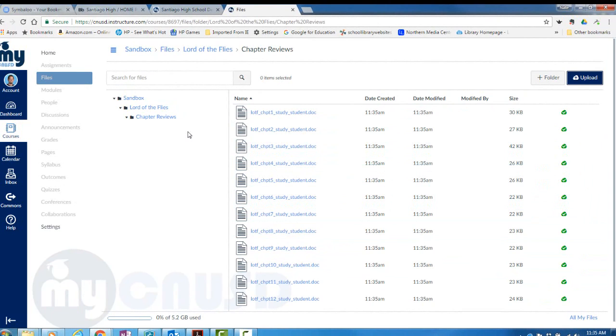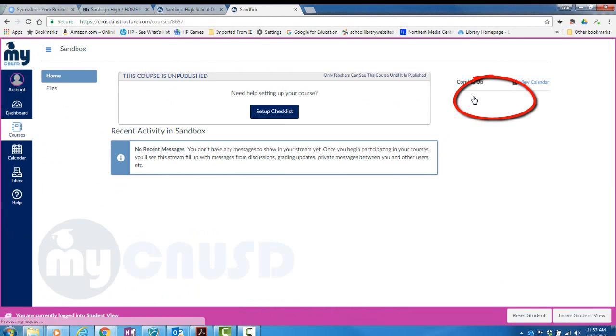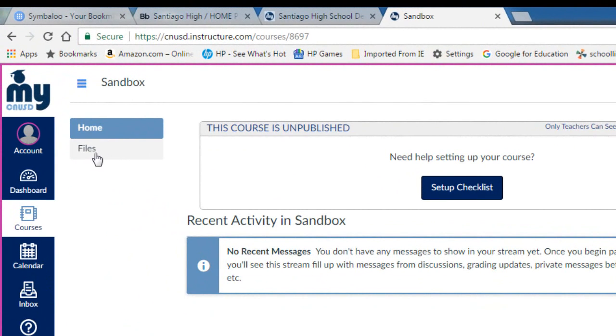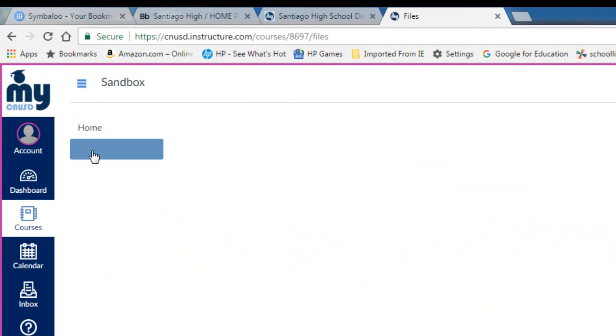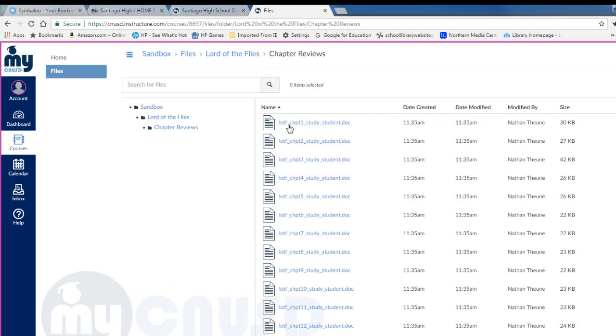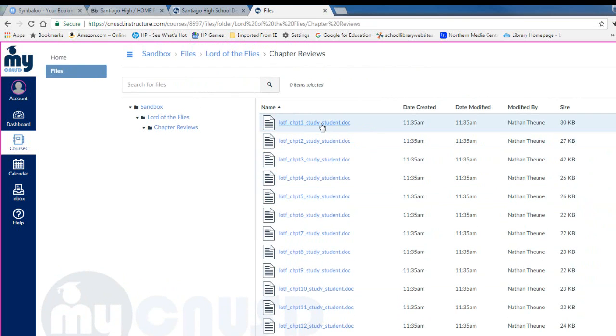At this point, if I want to see what my students would see, I can actually go to Settings, click on Student View, and this will show me what a student would see when they log on to my course. So in the upper left-hand corner, you can see Files is now dark. That means that there are actual files for the student to get. The student would click on Files. He or she would see Lord of the Flies. And if they click on Lord of the Flies, there's the folder for chapter reviews. If I click on chapter reviews, the student can see a chapter review for each chapter of Lord of the Flies. And if I just click on the one that I want,